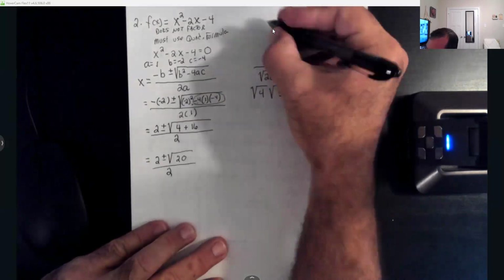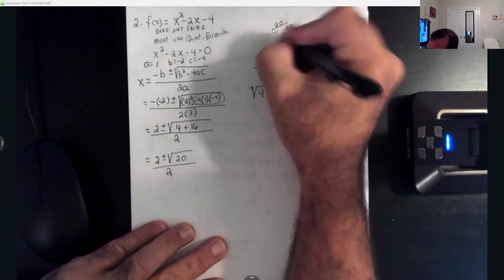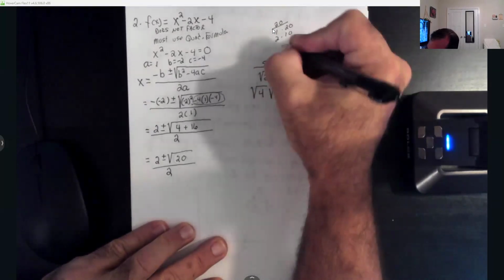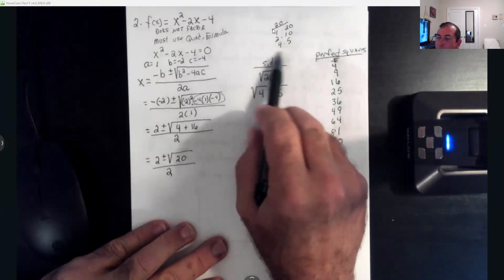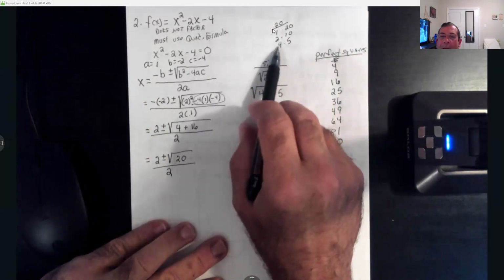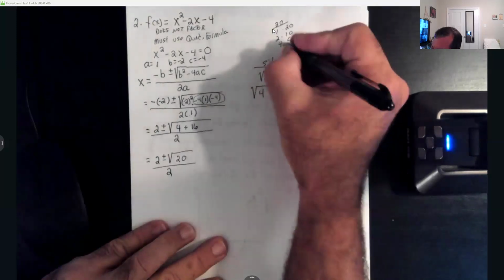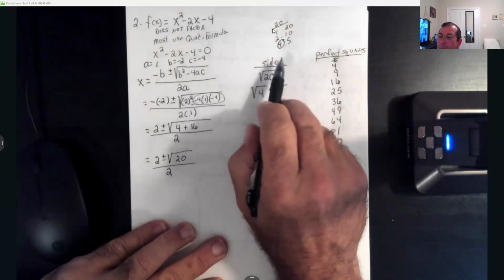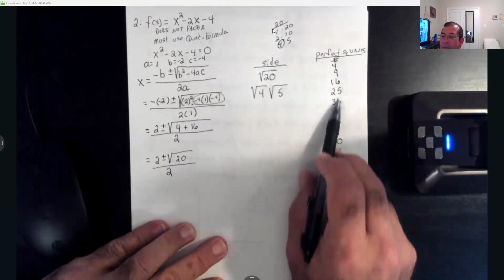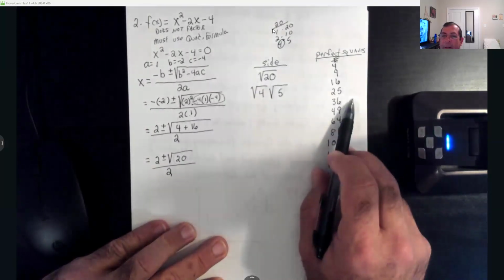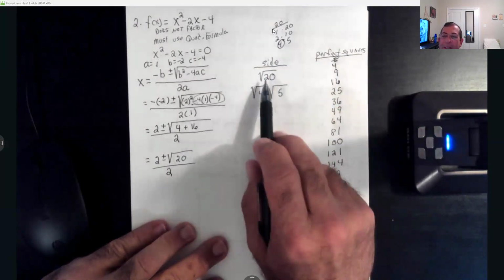It's because here's 20, right? How can you get a 20? 1 times 20, 2 times 10, and 4 times 5. That's all the possible ways to get a 20 by multiplying. But only one of these factors is the perfect square, and that was that 4. Okay? So I couldn't use 2 and 10 because those numbers ain't perfect squares. I couldn't use 1 and 20 because 20 don't help us. I still got that